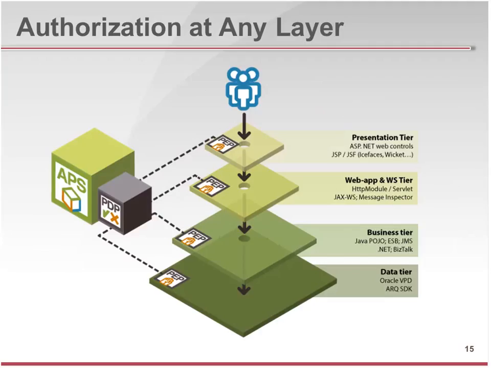It seems that there are all kinds of mashups between presentation or portal layers in one place, service bus, or other kinds of business tier logic APIs, and then of course the data tier. And the idea that we're trying to reinforce here is that you can put your enforcement points at different layers of the application, because the enforcement points are specific to their environment, whether it's at the presentation layer, at the API layer, down at the database tier.